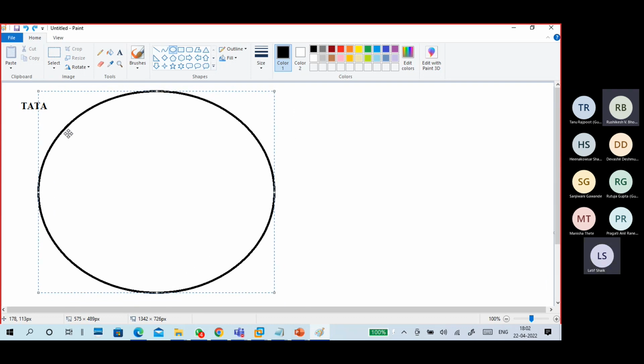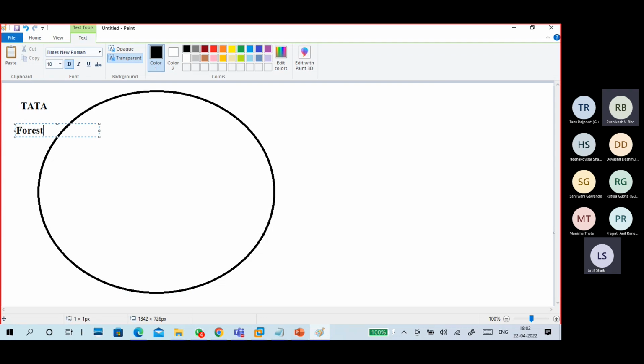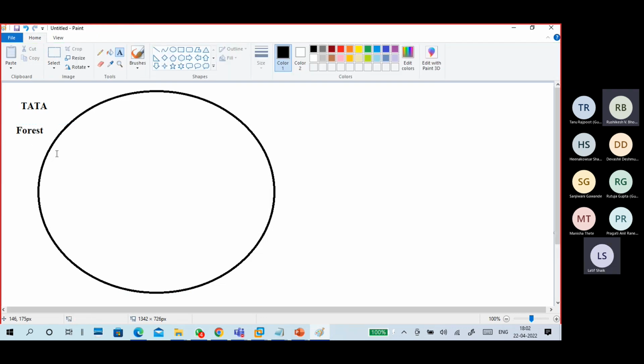The forest represents a big zero like this. This is the Tata forest. We have created a forest. But to create a forest,